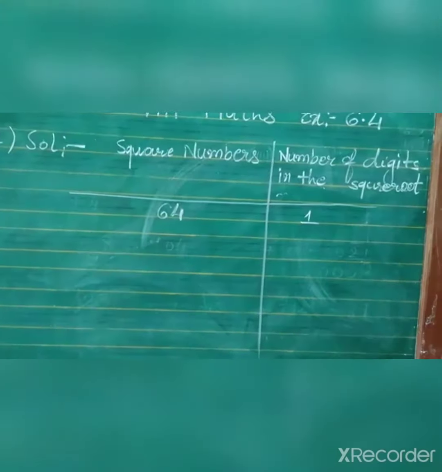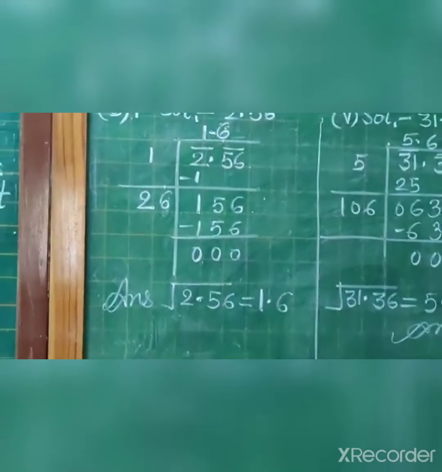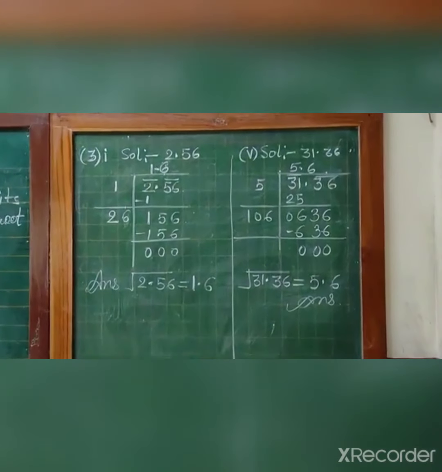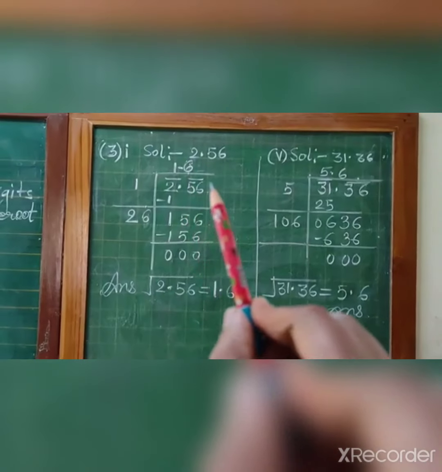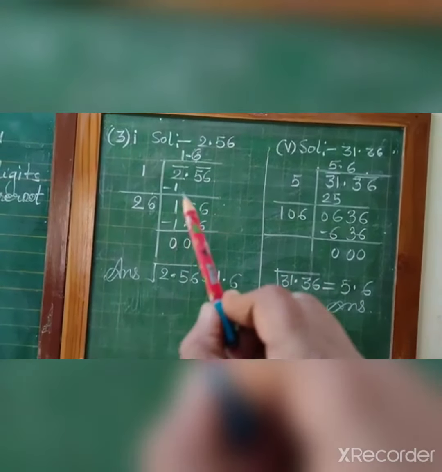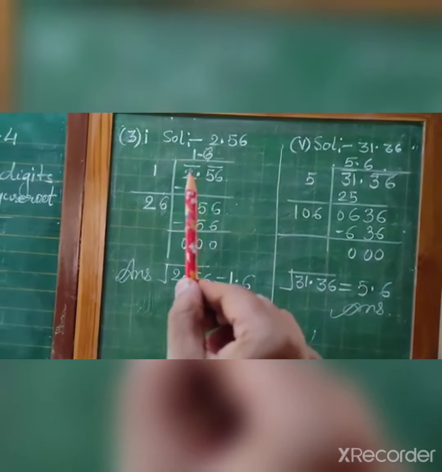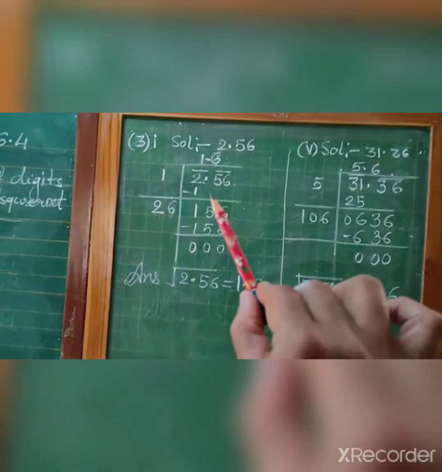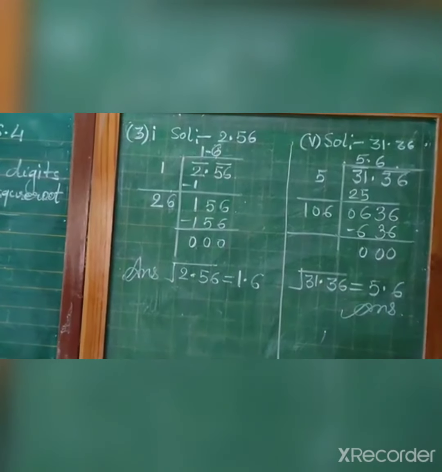Okay. Now third question, decimal numbers are given and we have to find the square root of a decimal number. So you can see here for the decimal number, after the decimal there are decimals and before the decimal there are whole numbers, that means the integral part is there. So you will form pairs from the ones and tens in this way, and after the decimal you will form pairs in this direction. Okay.